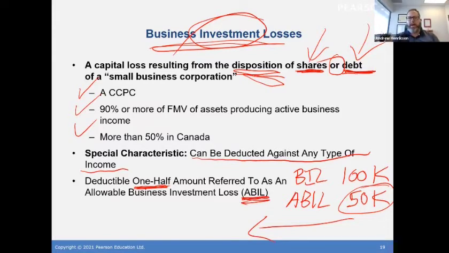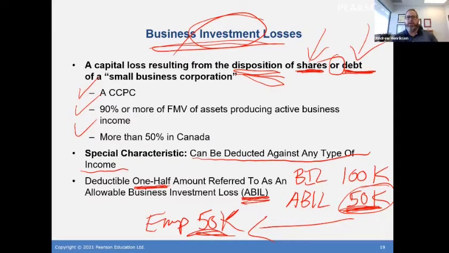It doesn't have to be a capital gain. So if you had employment income of 50K in that year, you could claim this whole loss against this whole income and get all of your tax money for the year back. So this can be a pretty big impact on a tax return,